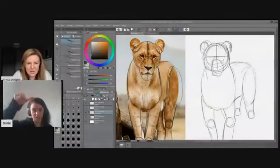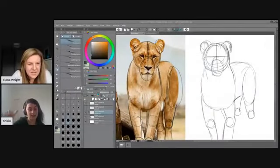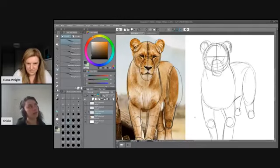So in time, you'll be able to just train an eye to what looks right. But even I use this head method all the time. In some art classes, you see people doing the thumb thing. Yes, that's what they're doing. They're doing it so that the thumb is the head, and then they're counting how many heads down it is. Okay. So that's definitely the easiest way, I would say, to make sure you're getting